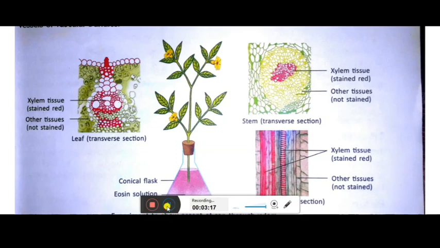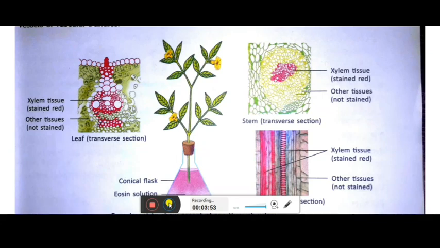One more important thing: when you take a twig of any plant, it should have a white flower, or you can take any plant which has white flowers. Why do we take white flowers? So that we can easily see where the red ink is reaching along with the absorption of water. Once it is placed like this, the setup is formed, and a cork is there so that the water does not evaporate in any other way.